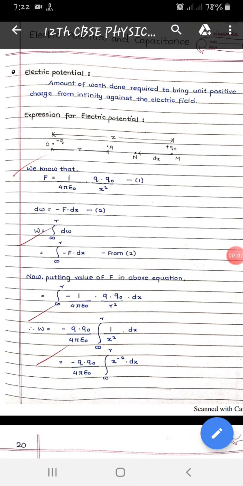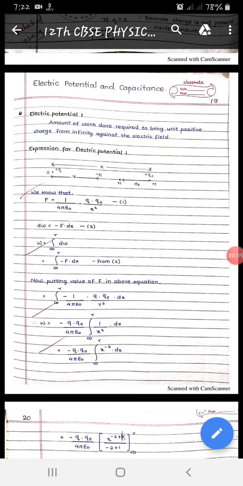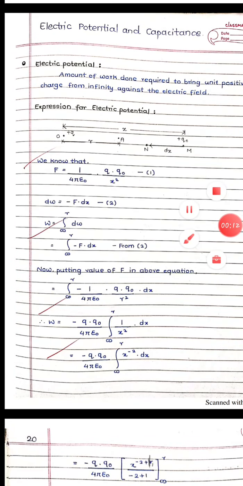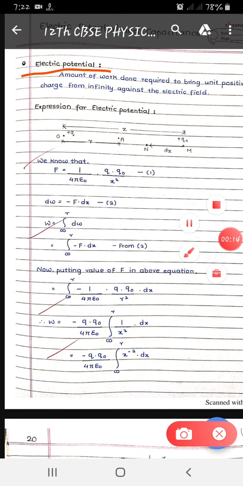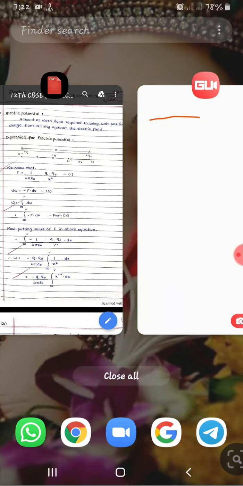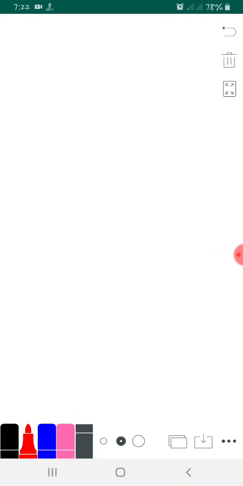So today we are going to start our new subtopic in electrostatics itself, electric potential and capacitance. So my dear students, we have already seen the definition of electric potential in class 10. But what is the difference between that definition and electric potential in class 12? Now we'll see. In class 10 we have done that electric potential, or potential difference, is nothing but